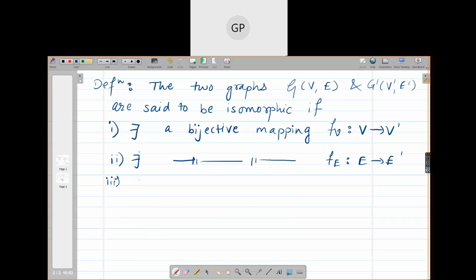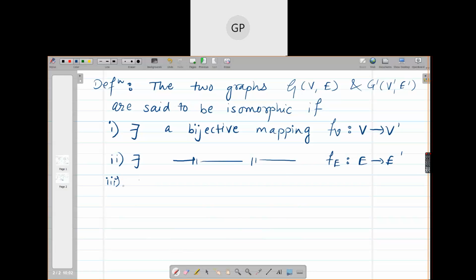Then that means a vertex cannot be mapped to two different vertices, obviously, or two vertices cannot be mapped to the same vertex in G2. It is not a many-one function. Many-one mapping is also there. This is also a function, a constant mapping, where all the elements are mapped to the same element. That is also one kind of mapping. But in isomorphism, we will not have this, that three vertices are mapped to some unique vertex in G2.